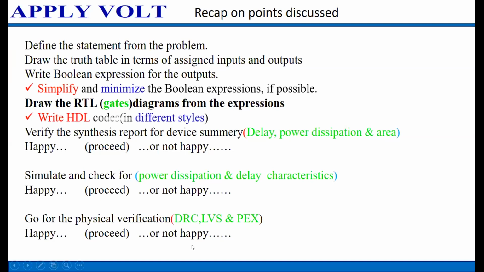Anyway, these are the checkpoints one is supposed to concentrate on. And now I think we have finished the second checkpoint also, writing HDL codes. Yesterday we discussed the theoretical description of writing HDL codes, and today we worked it out with an appropriate CAD tool or EDA tool, computer aided design tool or electronic design automation tool. Okay, and the next checkpoint is draw the schematics. Of course, as time is not permitting, I'm not going into detail on the third and fourth checkpoints, but I will let you know the basics to the extent possible.